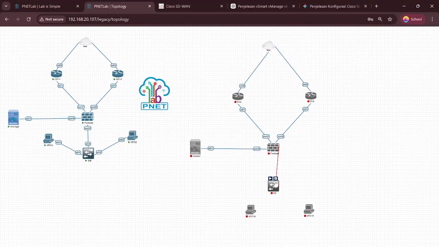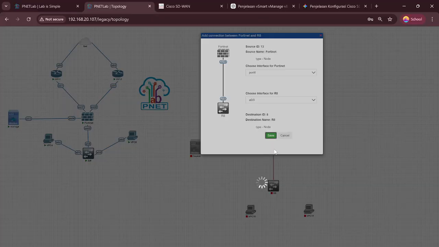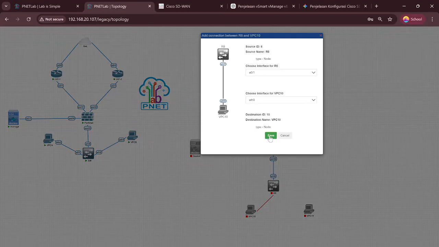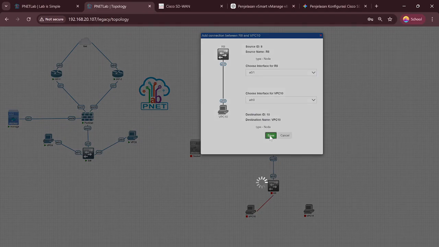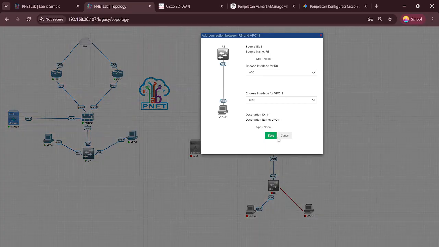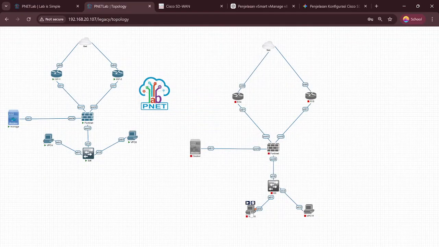And to get to switch, save. Switch to the VPC1, save. And now to VPC2. Okay, the topology is done.